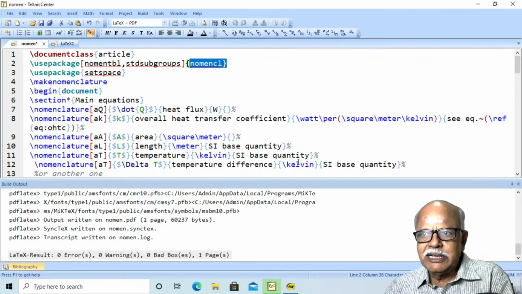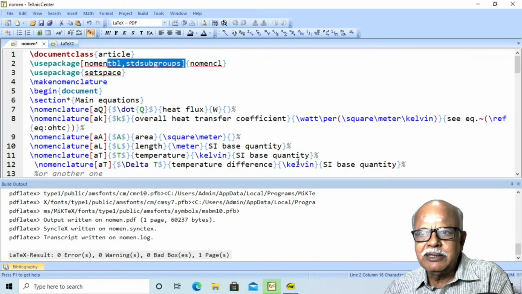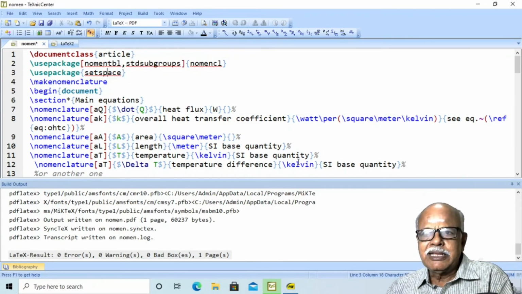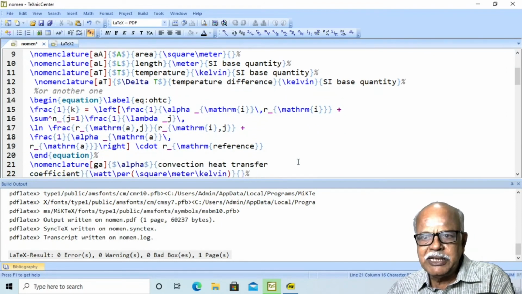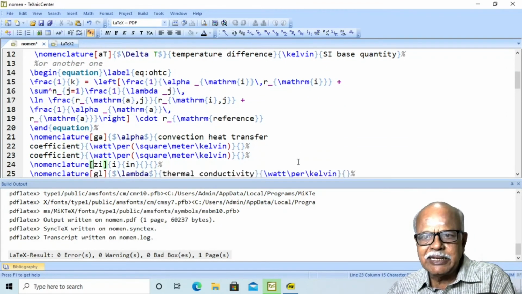With the nomencl package, we give two options, nomentbl and standardsubgroups. When we say standardsubgroups, if I use the option A here, we will get Latin letters. And if you use the option G, we will get Greek letters.